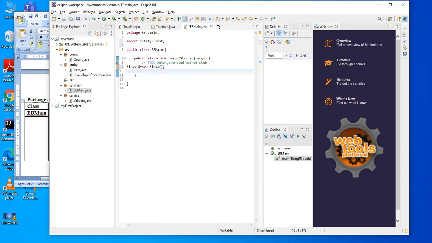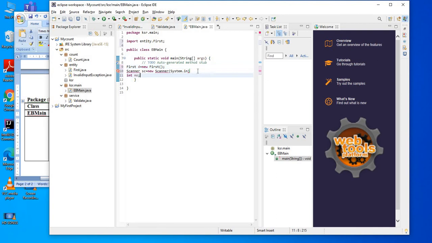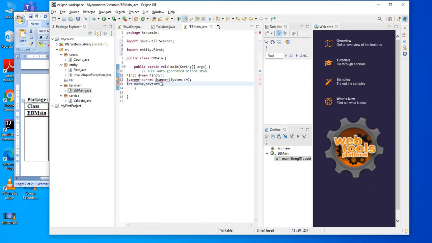And now we have to get the number, int number. So let us get the input. So we can use the scanner class, new Scanner(System.in), and then int number equal to, let us get the input, sc.nextInt(), and then we have to get the string.